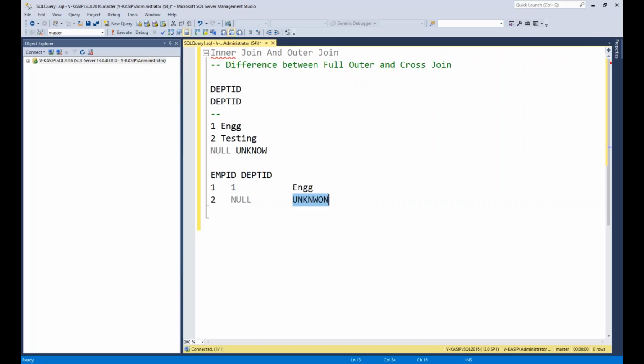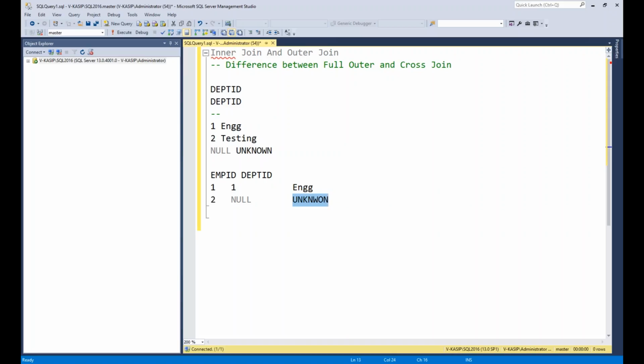No, unknown is not possible. I think so. Why not? So Prashant, my question is, let's assume in the department table there is one record where the department ID is null and department name is unknown, and in the employee table we have one record with the null department ID. In that scenario, does the department name for this employee ID return this unknown or not? That is my question.